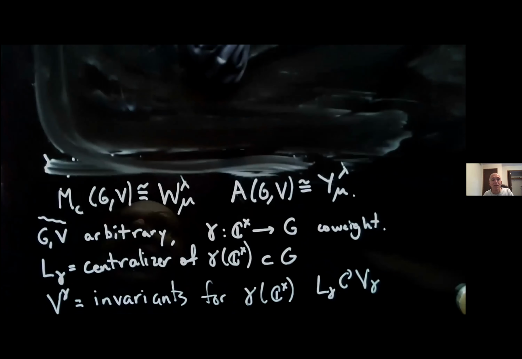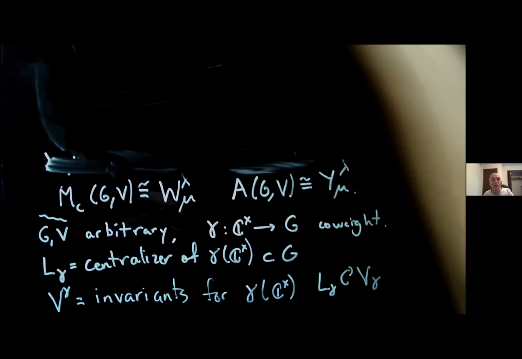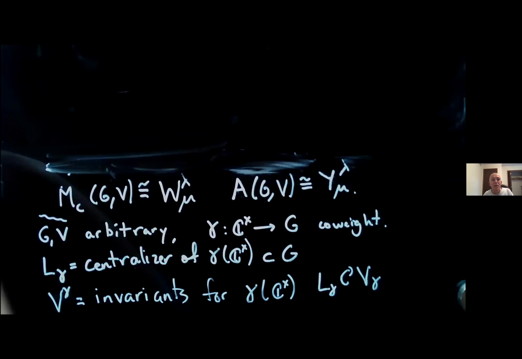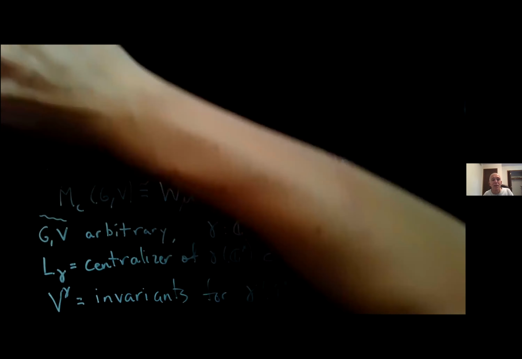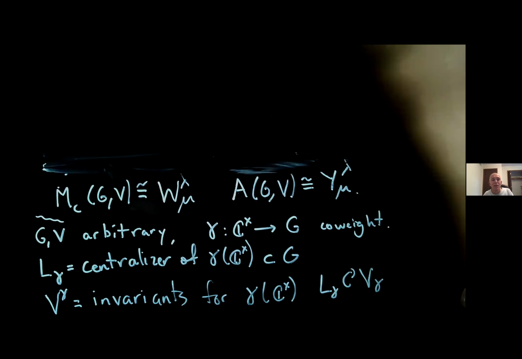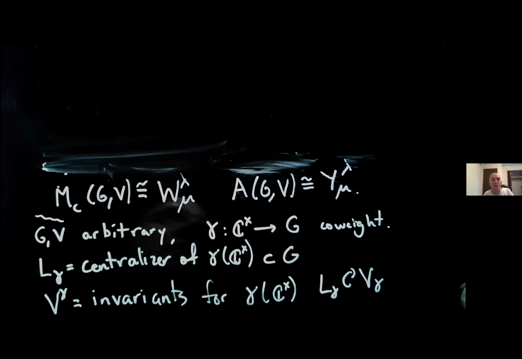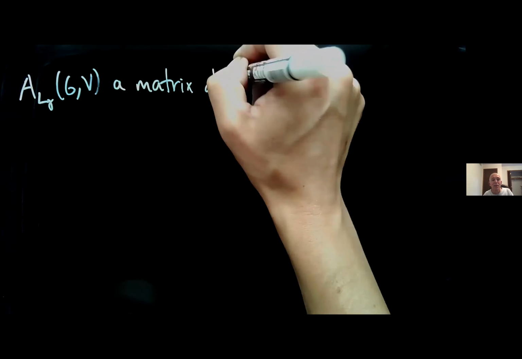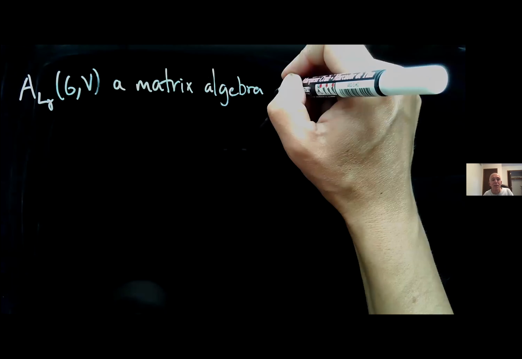While I'm doing this erasing, you can continue to see the definition of those guys. I'll leave it up there for a second, a little longer. Okay, so in order to relate these guys, we defined first of all a certain matrix algebra. I won't get into its definition right now, but there's a way to define, I'll call it A L gamma GV. So it's almost the same as AGV. It's a matrix algebra over GV. So it's Morita equivalent over GV.